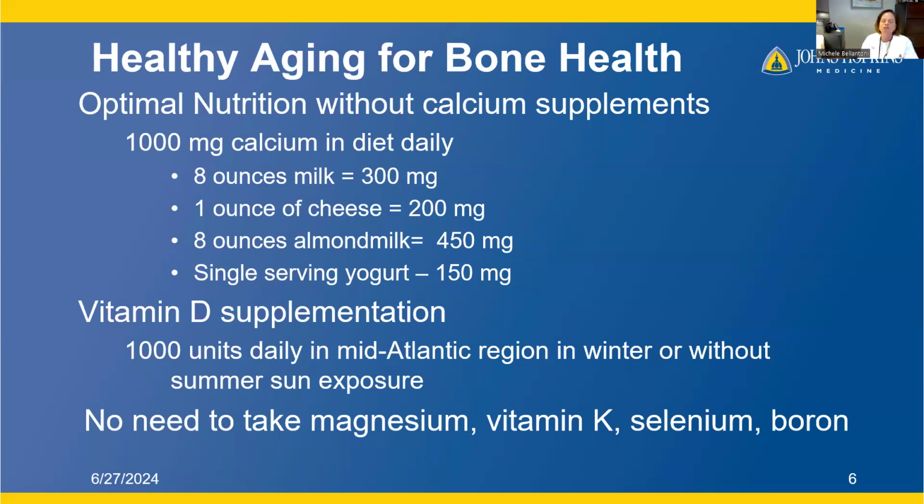What about other nutrients? Yes, there are other nutrients that impact bone physiology, bone metabolism. I'll highlight vitamin K. Vitamin K plays a role in what we call the cross-linking of bone proteins and making them stronger. However, vitamin K also promotes blood clotting. And as we age, we are at risk for very significant life-altering blood clots of heart attacks and strokes, as well as blood clots in the veins of the leg that can break off and cause blood clots in the lung. So vitamin K supplementation is not something we recommend for older adults to improve their bone health,